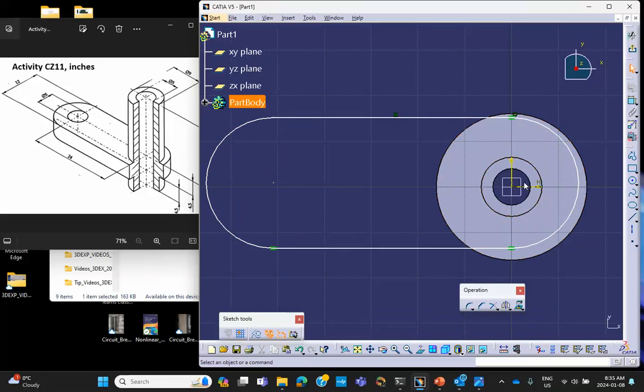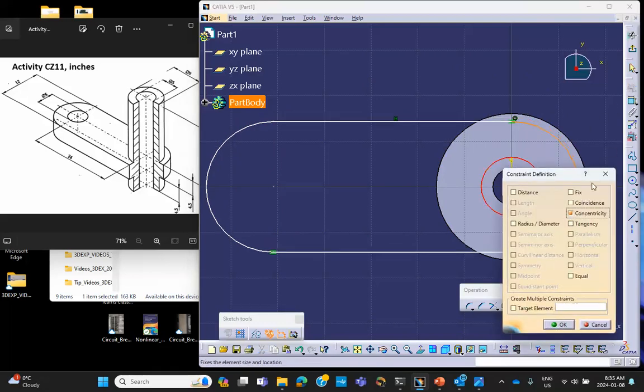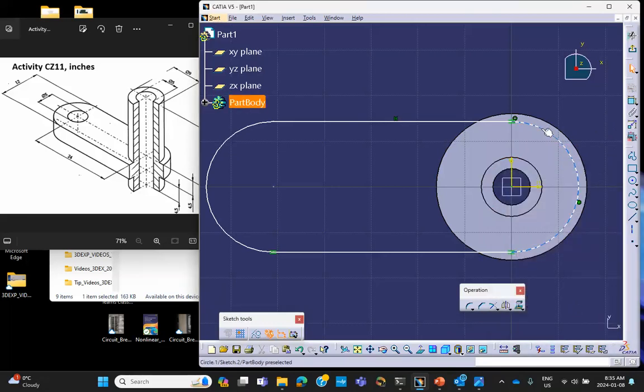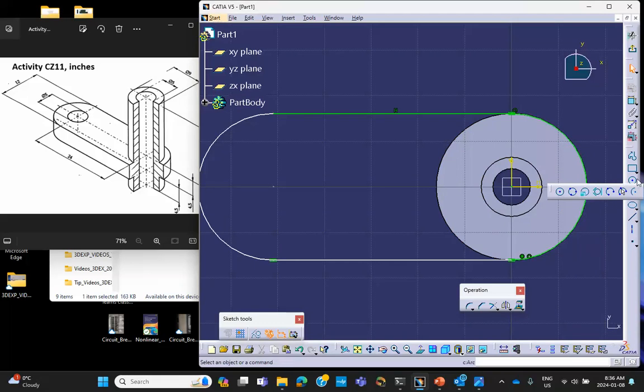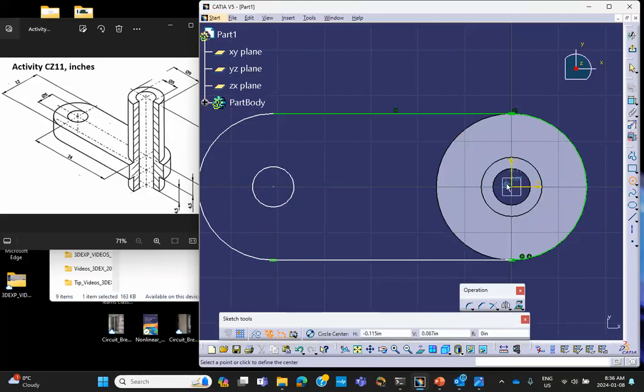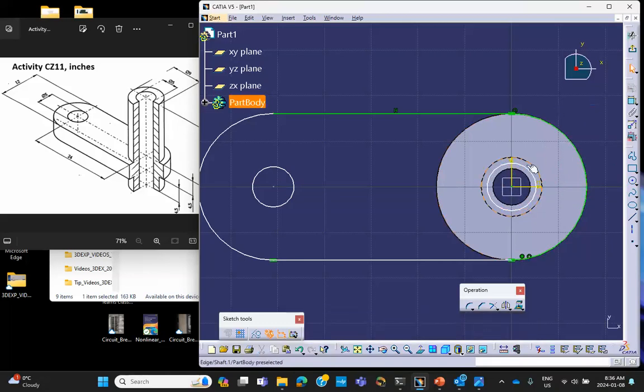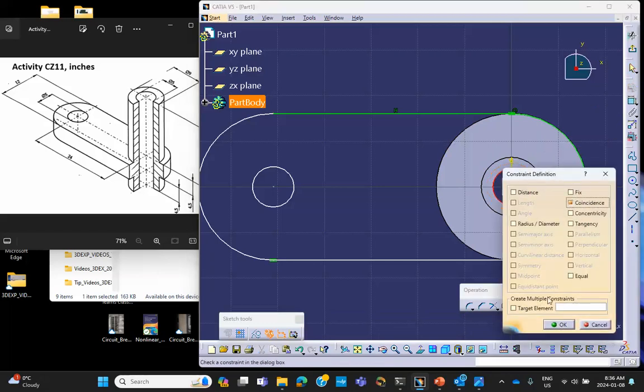Okay. So let's make this thing and that thing concentric. So that circle, control that circle. We're gonna make them concentric. Okay, good. And I think I want this to be on that. So this circle, control that circle, to be coincident. Okay. And finally, I'm going to draw a circle there because I want to get a hole here. All right. And I want to get a hole there too. So another circle, but make sure that this circle control that circle, they are coincident. Okay, exit